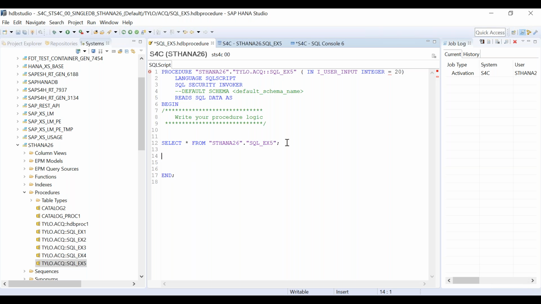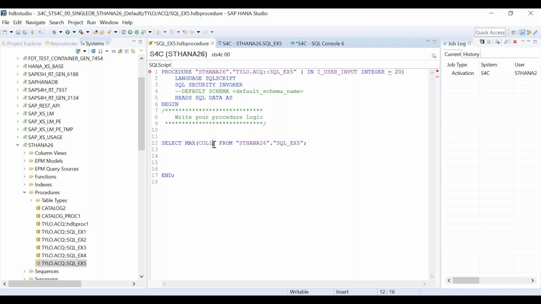So first of all, the first select statement will be to understand what is my maximum value. For that, we will write select maximum function: select max of column 1 from this table.